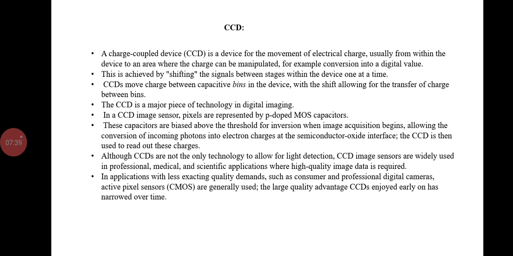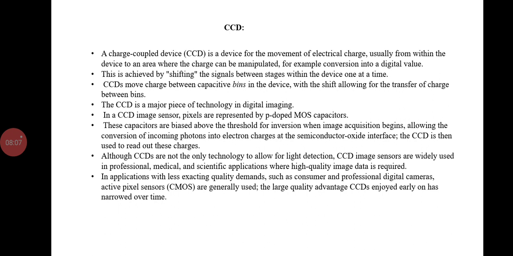The CCD is the major piece of technology in digital imaging, and the capacitor is biased above the threshold for inversion when image acquisition begins, allowing the conversion of incoming photons into electron charges at the semiconductor oxide interface. The CCD is then used to read out these charges. In applications with less extreme quality demands, such as consumer and professional digital cameras,